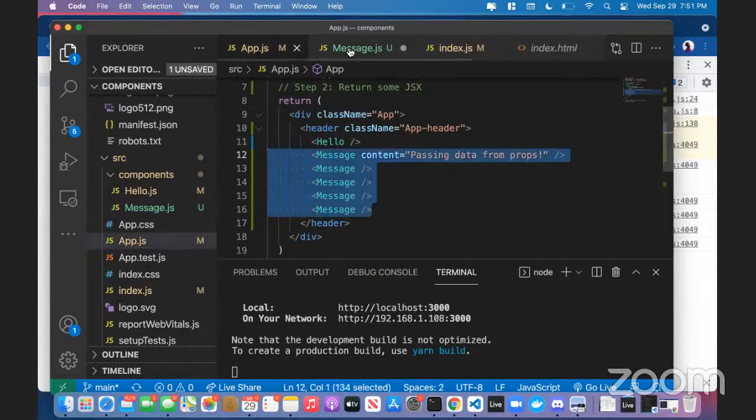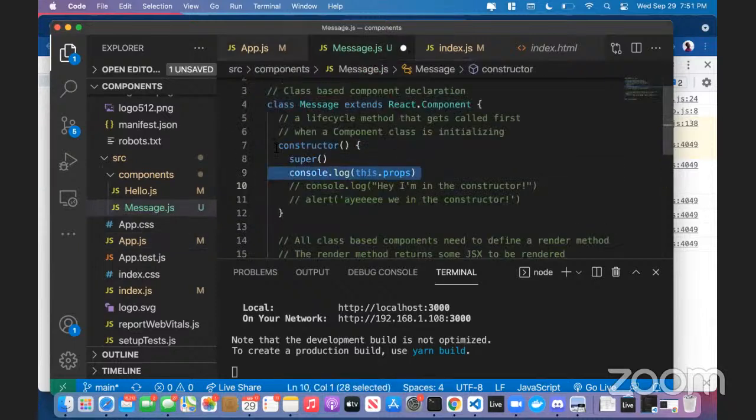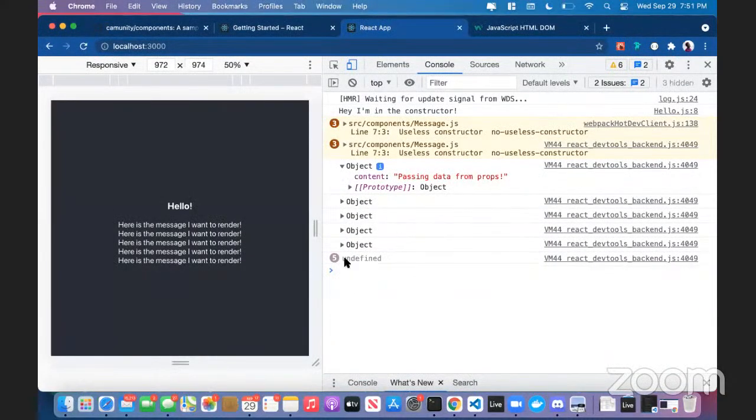And while this console log being a part of the constructor is still going to run, the logic of this dot props allows us to be a little bit more specific about what is being returned, like which instance we are talking about when we're interacting with the props. So when I save this, as you can see,